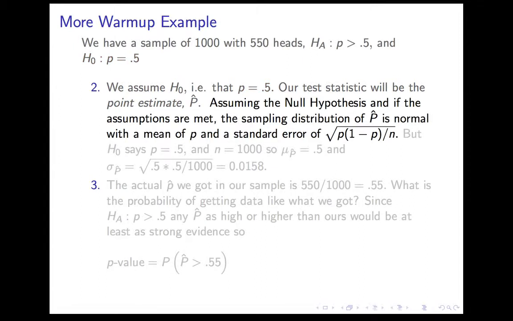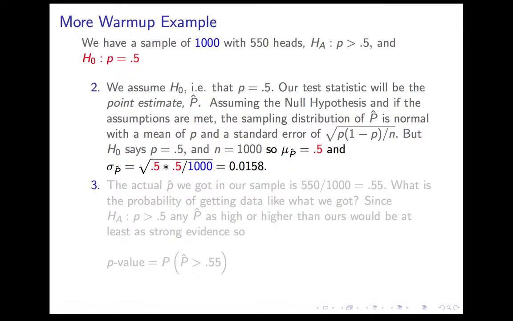So assuming p equals 0.5, and let's presume for now that the assumptions are met, which they are, the sampling distribution of p hat is, what are the three facts? It's a normal distribution with a mean of p and a standard error of square root of p, 1 minus p over n. We know all those quantities. P is 0.5, because we're assuming the null hypothesis, n is 1,000. So we get that the average value for p hat is 0.5, and the standard deviation is 0.0158. And that tells us what would happen were we to do a sample of 1,000 coin flips,